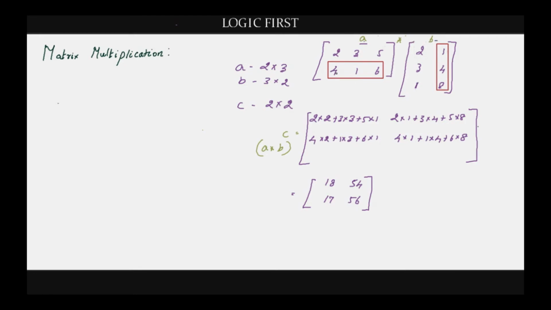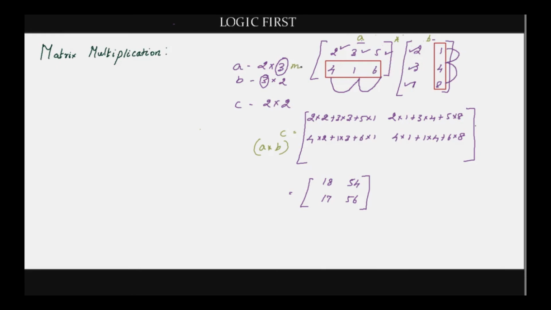When you are taking one row at a time, you are moving through the columns here. Similarly, here you are traveling through the rows. Since you have to multiply the corresponding elements and add, the number of columns in the first matrix should match the number of rows in the second matrix. Only then it is possible to multiply the two matrices. Otherwise, you cannot multiply the matrices at all.